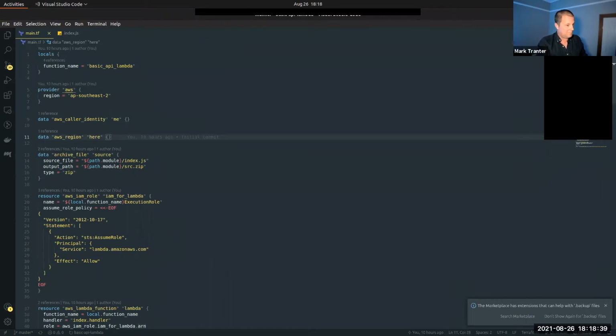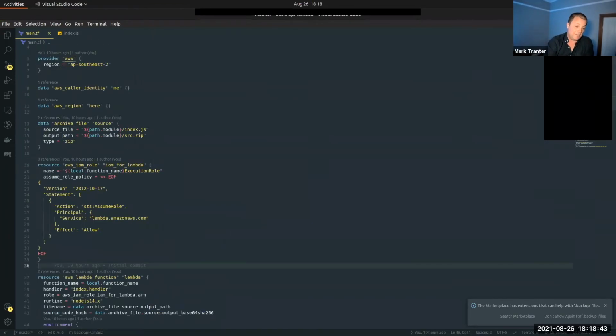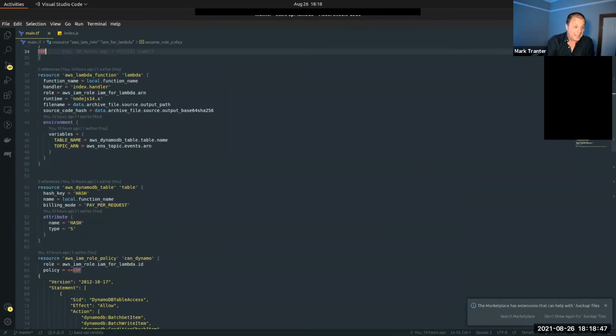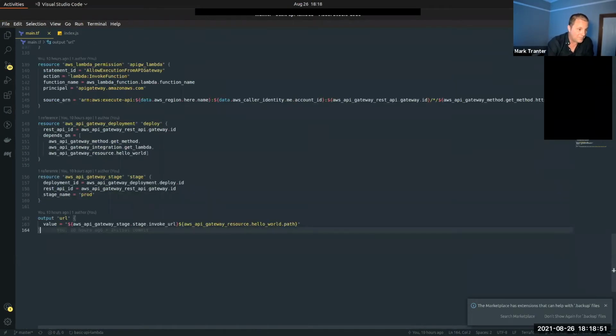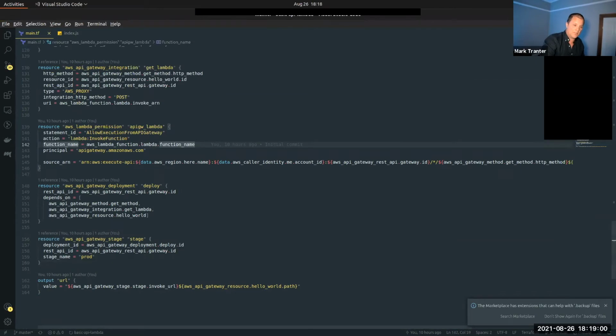To deploy that service that has almost no functionality and you would never want in production, it doesn't even have logs, right? So if I was to look into CloudWatch, this function isn't even logging anywhere. It's doing nothing. So we've got 160 lines of code to deploy something that you would not want to deploy into production. This is low value stuff as far as the business is concerned.